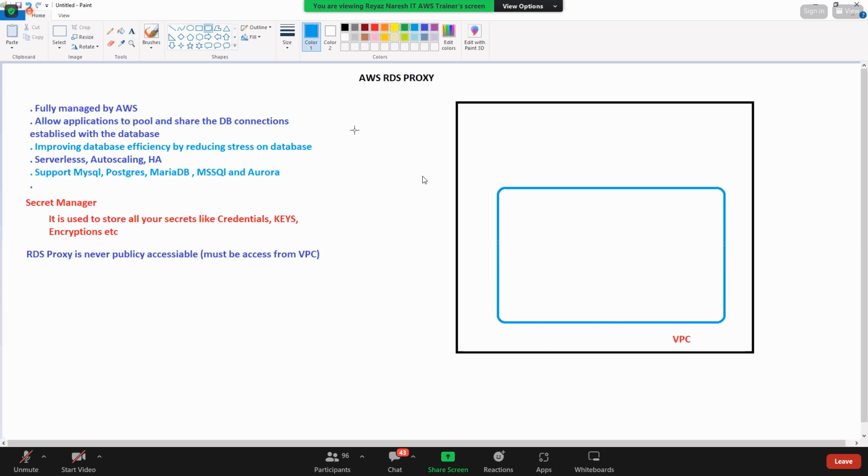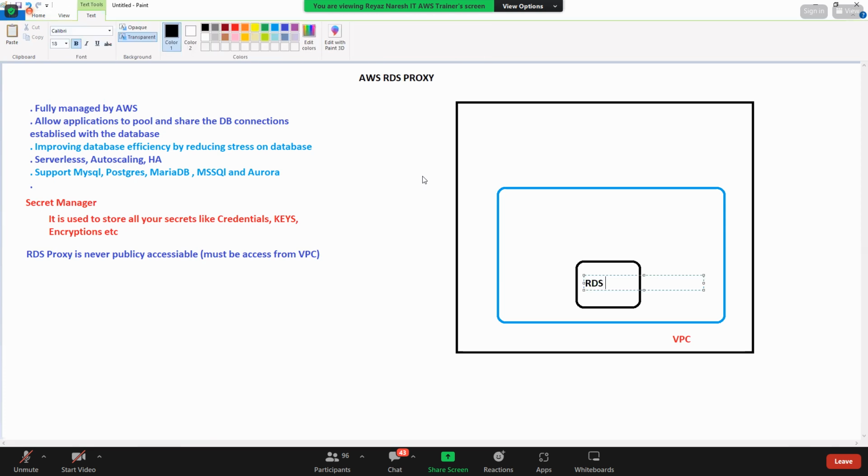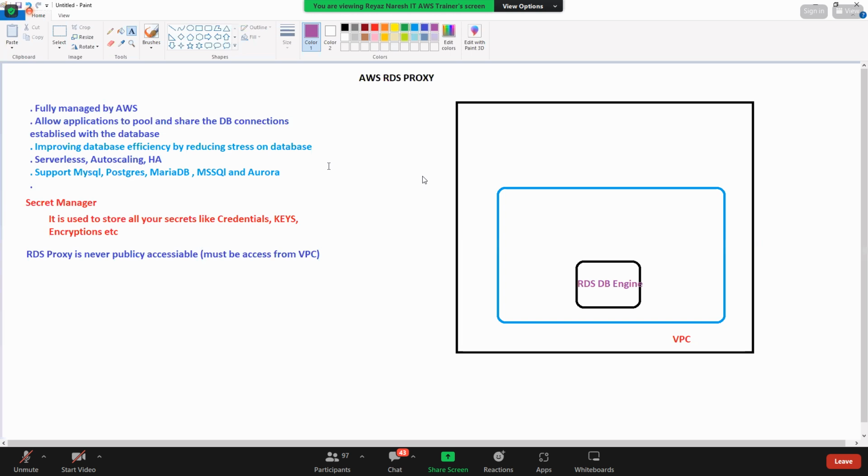And in the private subnet, you have your DB engine, correct? This is your RDS DB engine. On top of it, what do you have? Here on top of it, you have a proxy. What proxy is this? RDS Proxy.